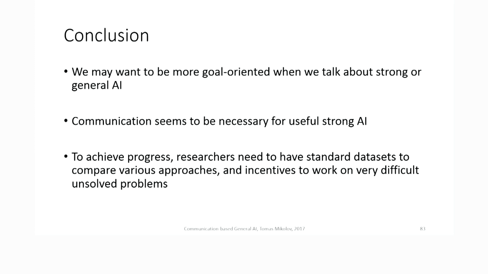And to achieve progress, I think it's really important to have standard data sets where more researchers will be comparing the various approaches that they are taking for the research. So I hope this will happen in the future. We only made our first steps, but it will be good if there will be more people from the research community interested in defining well the objective functions, metrics, and the data sets that we want to work on if we are to build AI.